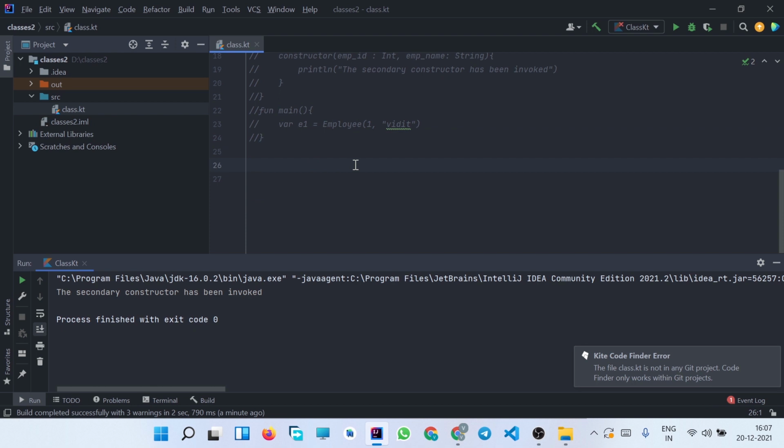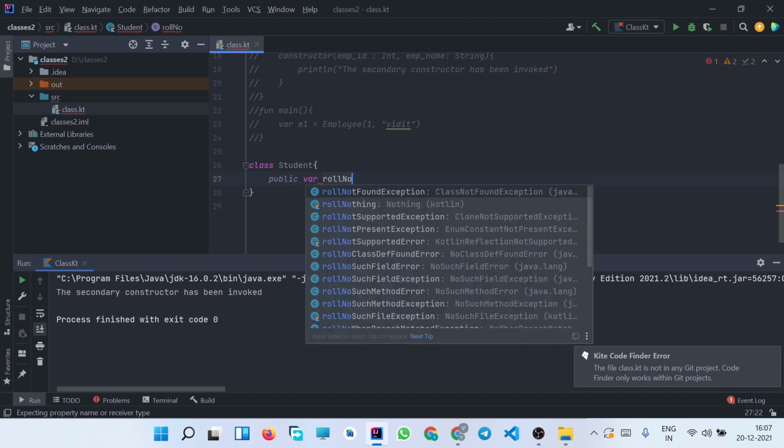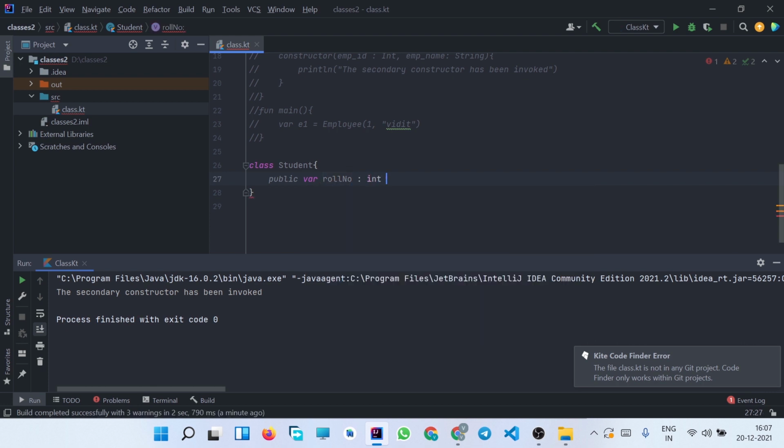So before that we'll create a new class called student class, and let us create a public attribute called roll number, which will be of int data type, and let us initialize it with 0.